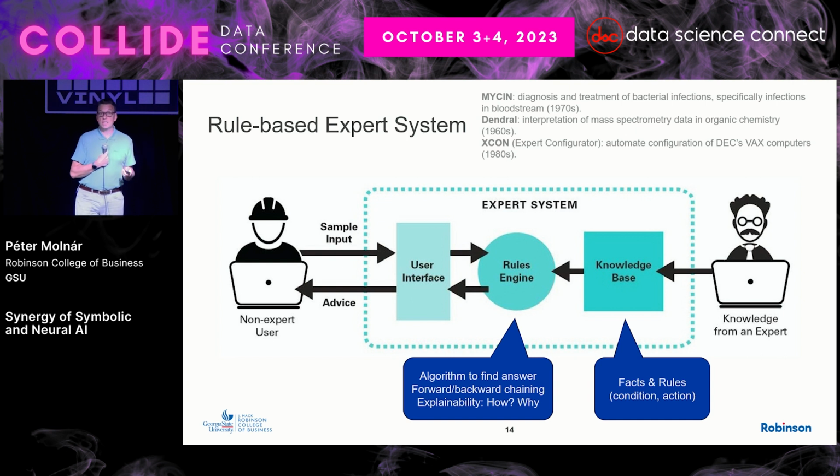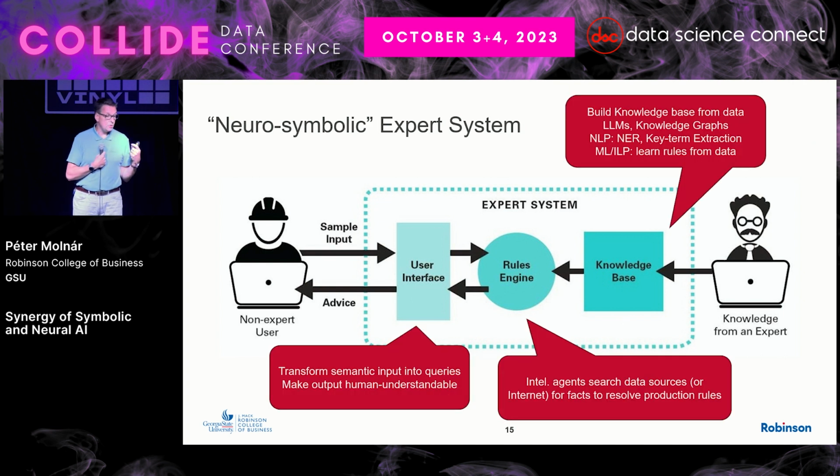One of the challenges is that you have to have an expert who's sort of defining these rules. That used to be done manually by collecting the information, and then building the knowledge base, which has rules and facts. The rules engine is not so much of a critical thing. That's basically just the algorithm, how to solve them. There are different ways, but even that could potentially be expanded.